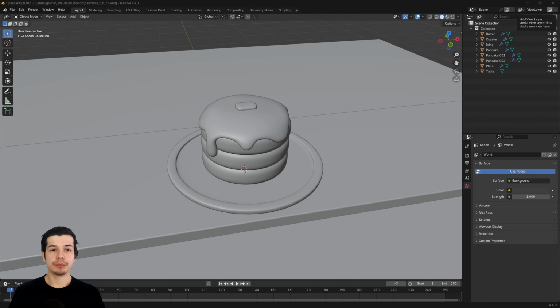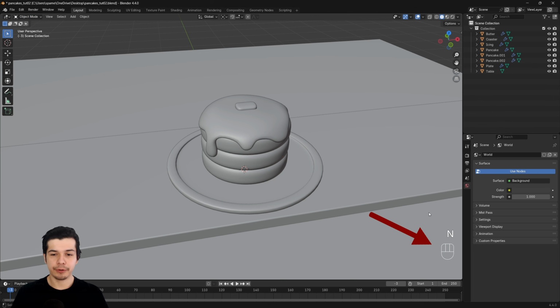Hello everyone, welcome to this new video for this pancake series where we will be doing the fruit. In this video we will be just doing the base for the layout. That means we won't be putting it on top of the pancakes, we'll just make the fruit itself and eventually we will duplicate it. And as before, always check left upper corner for object and edit mode and then right